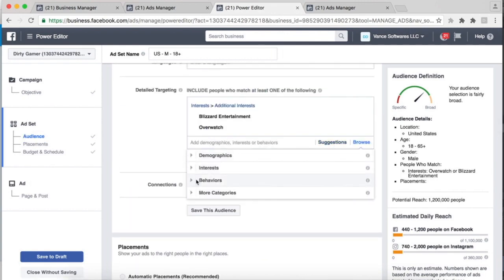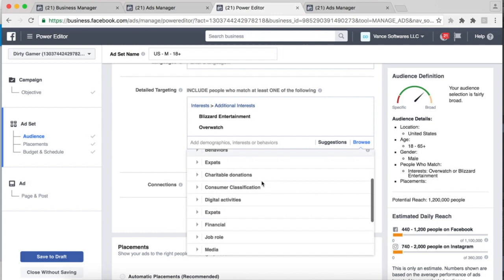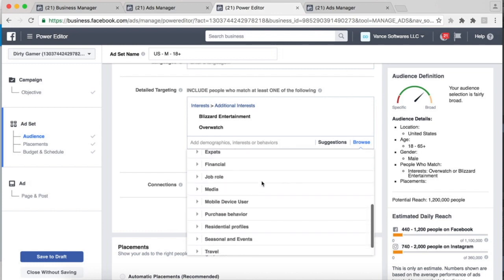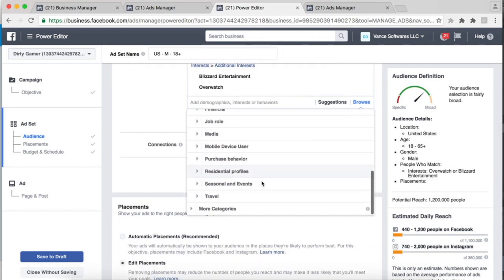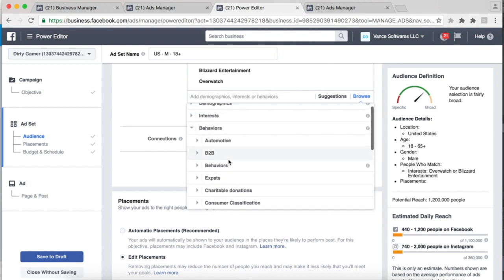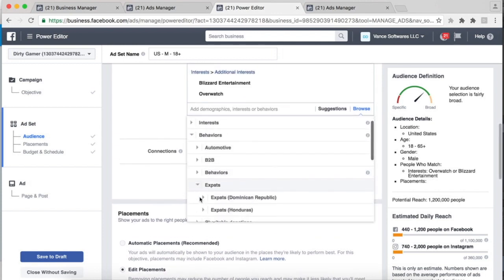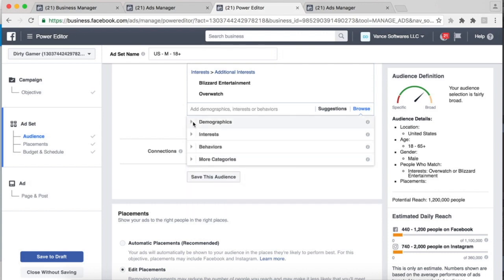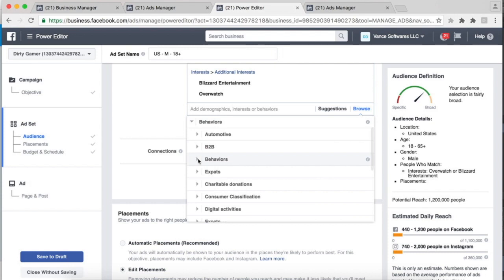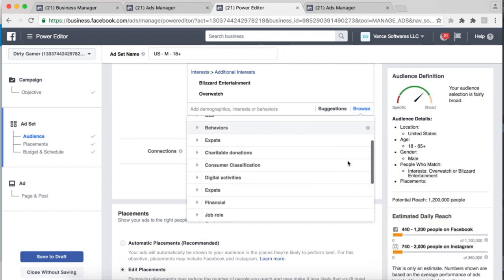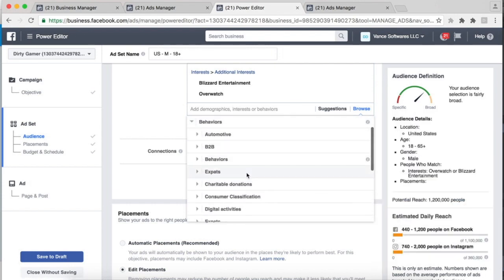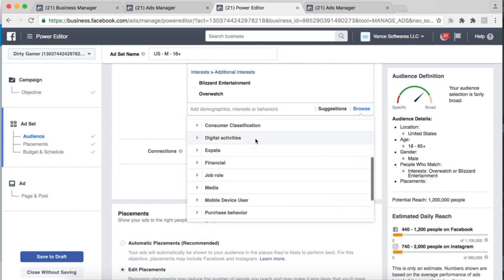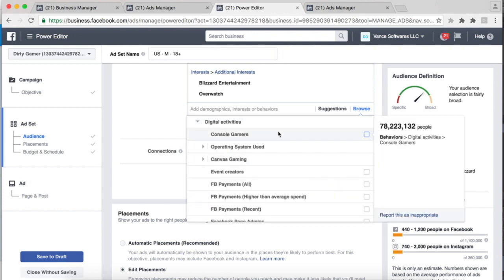But if I go to browse, let me just go to behaviors really quickly. Let me take a look. Give me 1 second here. I know it's around here somewhere. Behaviors, oops, not what I want. Got to find the computers yet again. I guess behaviors isn't populating for me. It's not really liking me right now. I guess I can't do behaviors today, or maybe they're doing something. Console gamers.